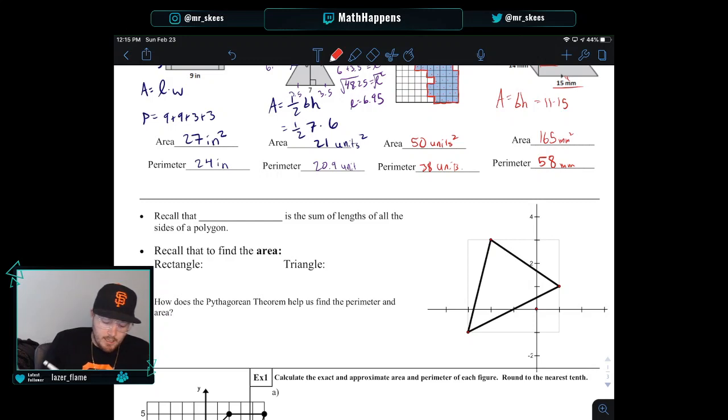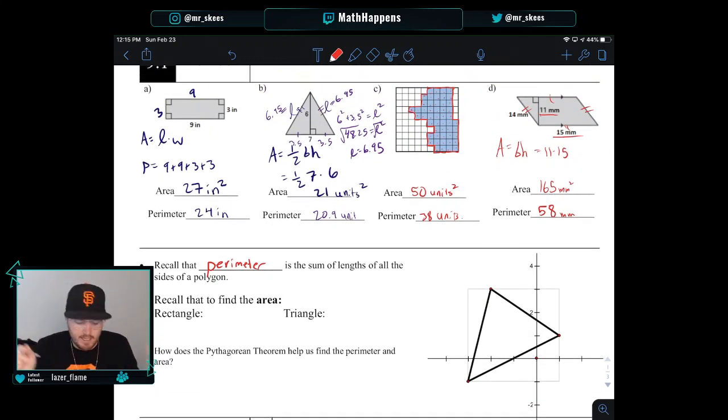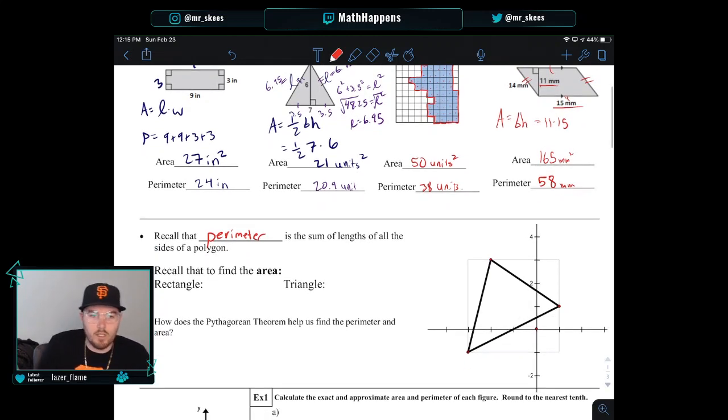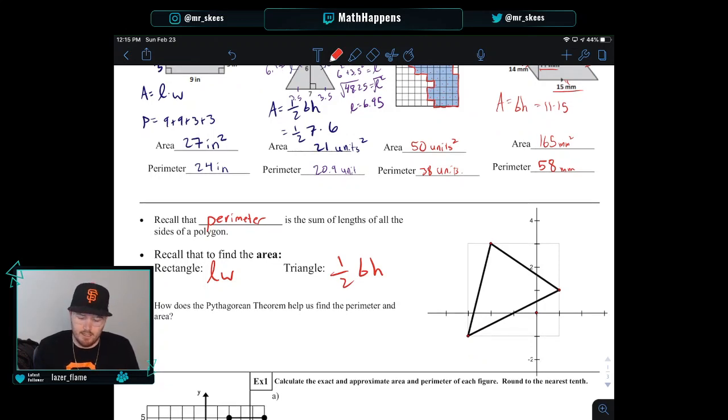So recall that perimeter is the sum of the lengths of all the sides of a polygon. So that's what we were just doing there, right? Adding up all the sides. That's perimeter. And recall that the area of a rectangle, that's what we just reminded ourselves of, is length times width, and that the area of a triangle is 1/2 base times height. We just used both of those things. So how can we all of a sudden use those fundamental things to calculate the area and perimeter of, say,